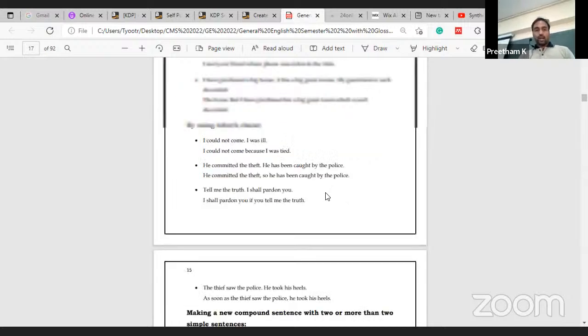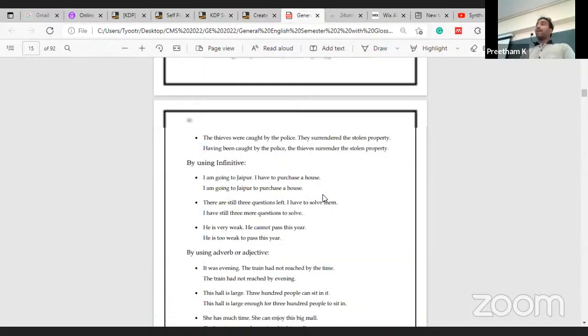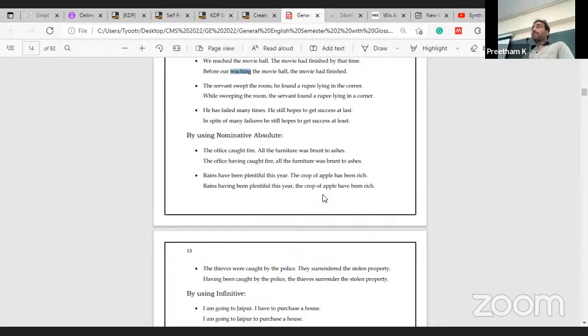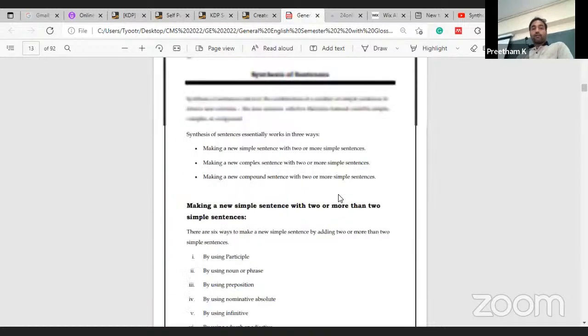So now we have discussed several ways in which we can synthesize multiple simple sentences into a simple sentence, a compound sentence and a complex sentence. Keep one thing in mind: in a simple sentence, the main focus is only one. In a compound sentence, two pieces of information or two different sentences will be given. You combine, synthesize them using conjunctions. In complex, you use clauses. You use an adjective clause, adverbial clause, or a noun clause. So go through it for each of the